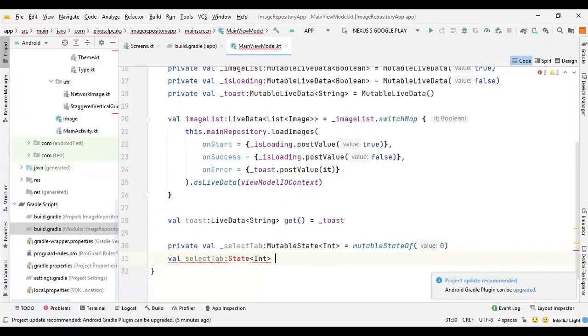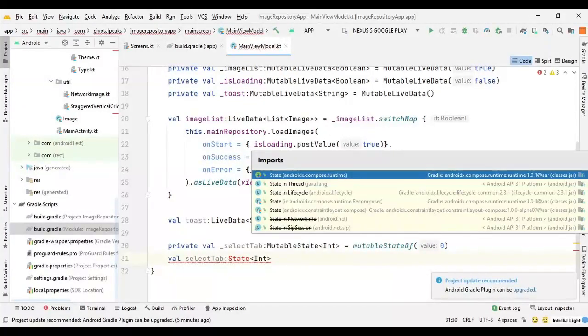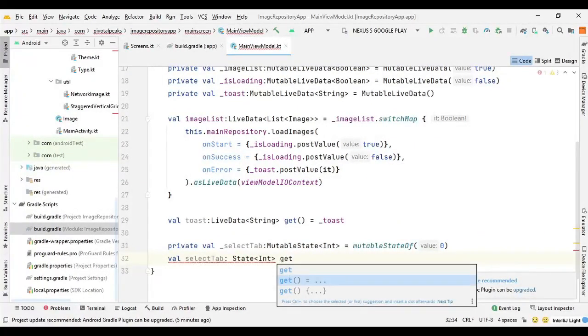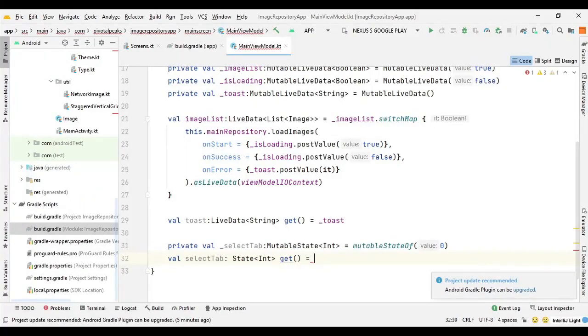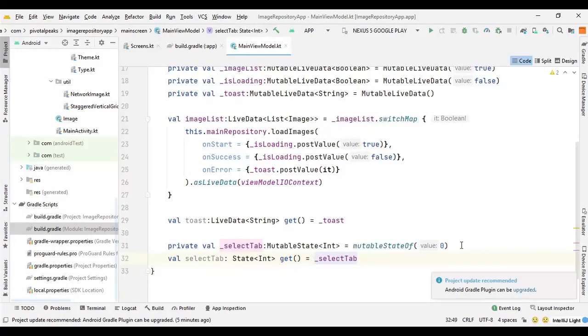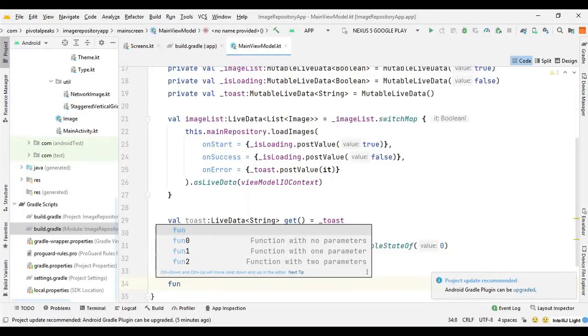We also need to import this State, so just import androidx.compose.runtime, and then we need to set the getter, so we can say get, and then we can set it to _selectTab.